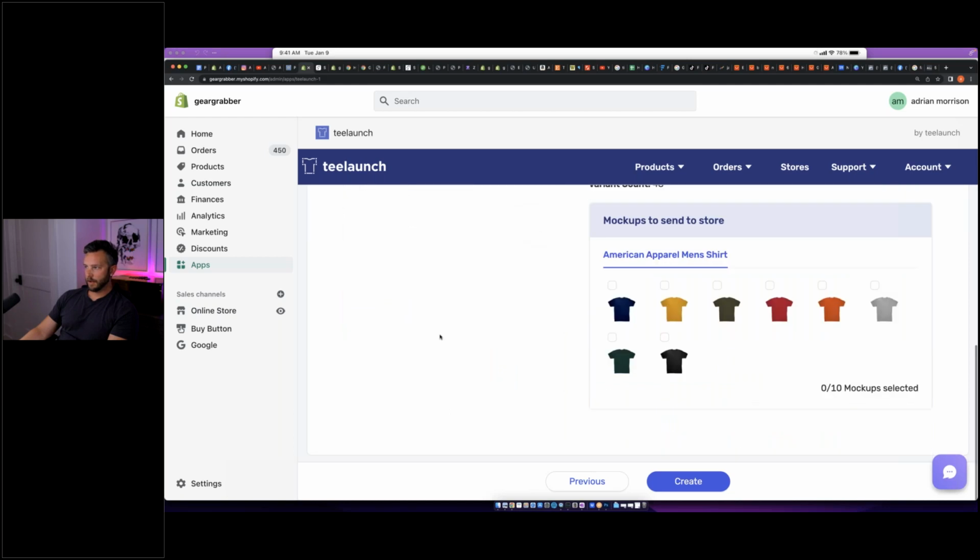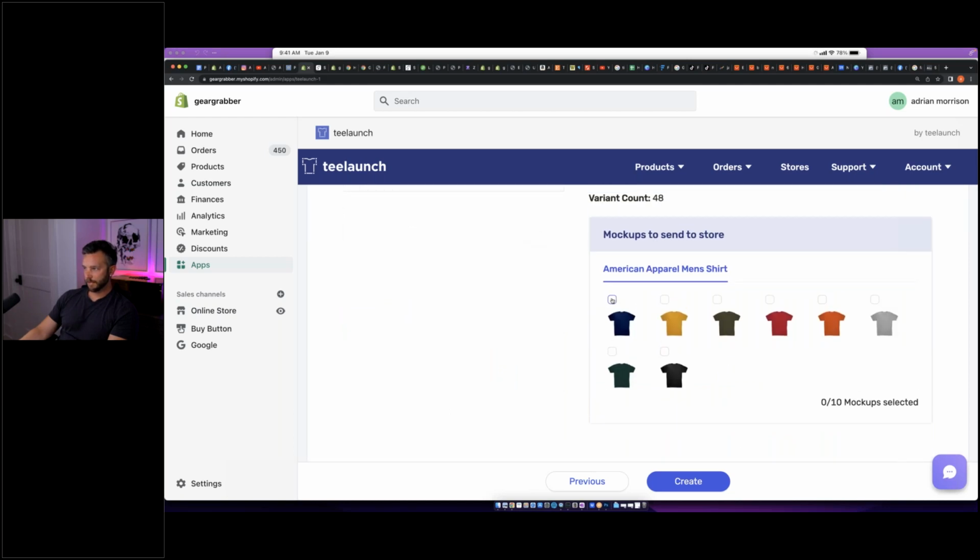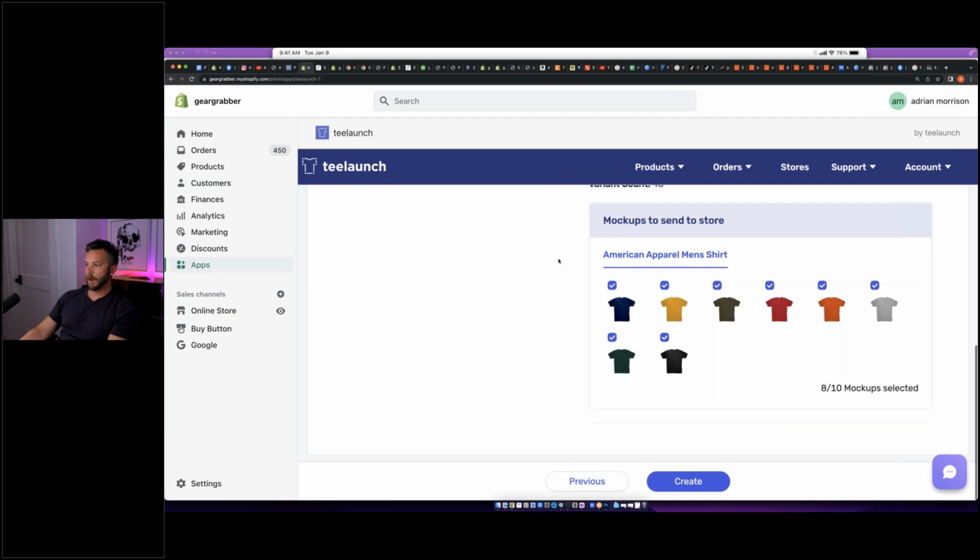And then down here, let's say we want to add the mock-ups of all the colors that we got. It's very easy when you have the image that already fits on the garment, right? Where you kind of get screwed is when you're trying to figure out how to do the image sizing yourself.